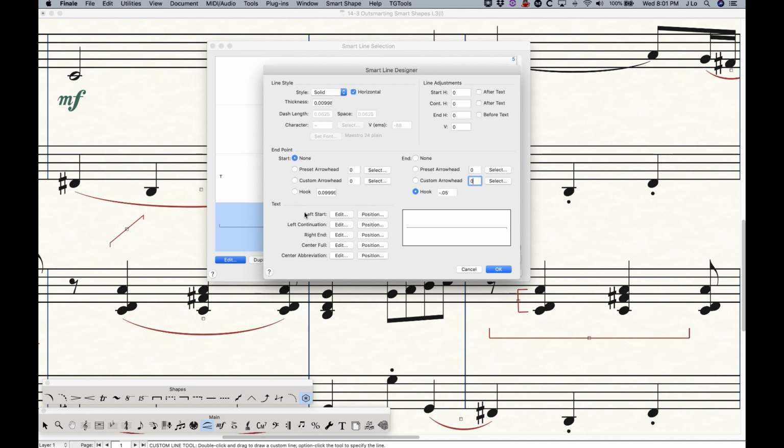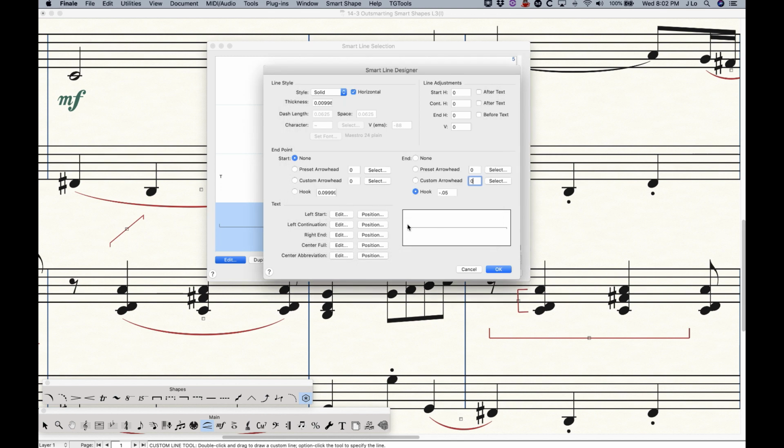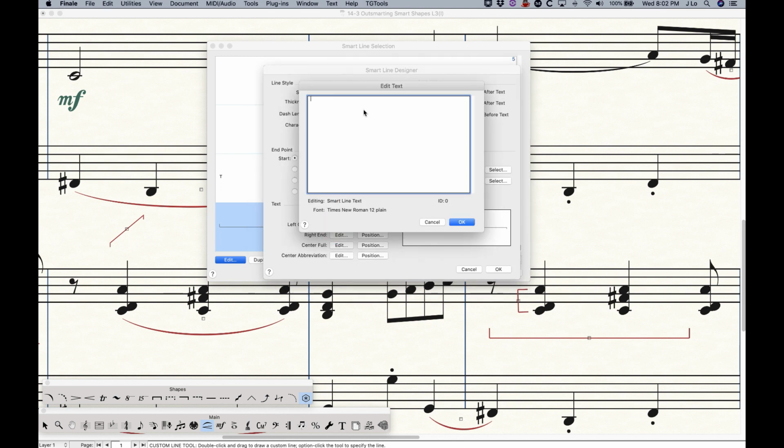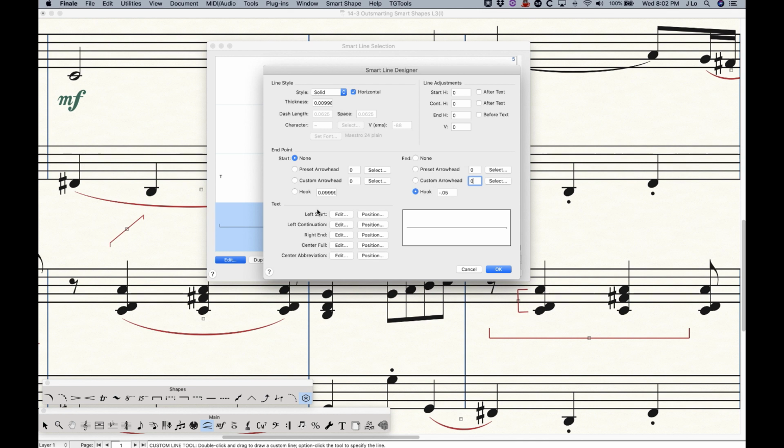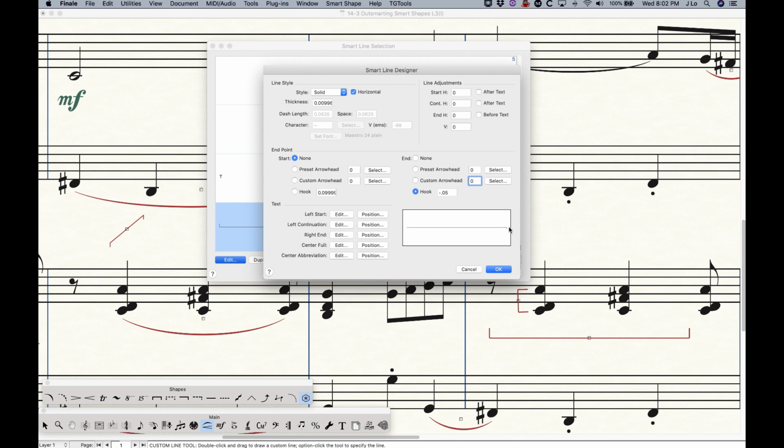All right, so the text is going to allow us to put text at the beginning, the right end of it, the center, and there's a center abbreviation, and the left continuation. So what these are is the left start. When you press edit, you'll get an edit text box here where you can type anything you want. That will be at the beginning of the line. If you add a left continuation, you get the same text box. You can type something different. This will be what appears on the left-hand side of a new system if the line were to continue across a system break. The right end, again, same edit text box, will be text that appears at the end of